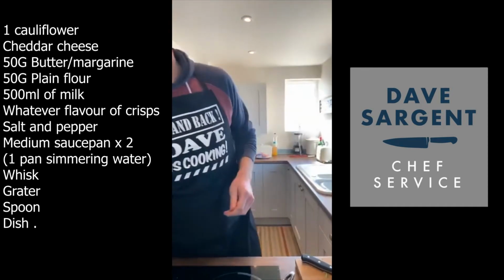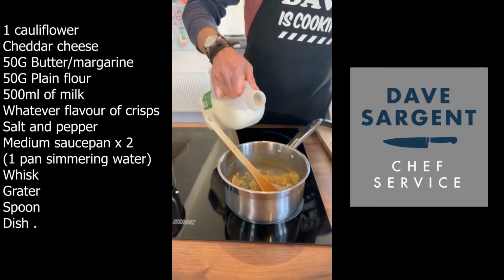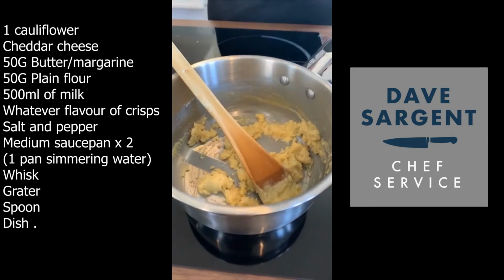Where's my milk? Here's my milk. 500 ml. What you do is you add it in slowly. Start turning the heat up. It'll soon...